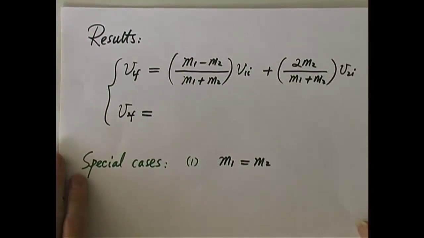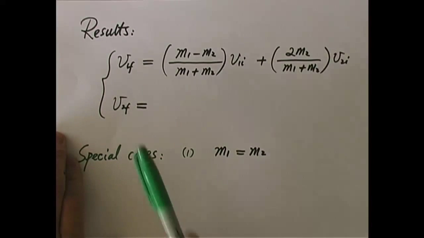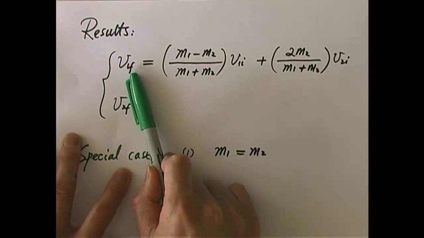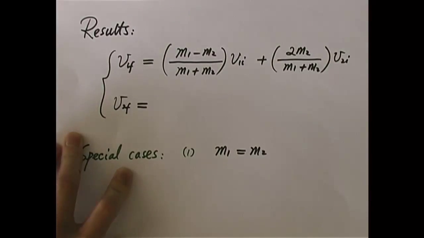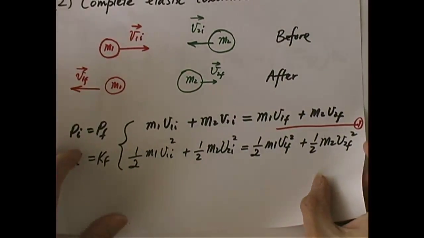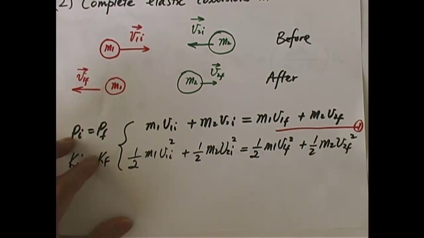And here is the result. v1 final equals this plus this. Okay, this of course can be found in the textbook as well, and we just used two linear equations to find them. I am going to write v2 final here. Now that you know the expression for v1 final, can I write down the expression of v2 final? Well, if you go back to the original two equations, equation 1 and equation 2, you find that the